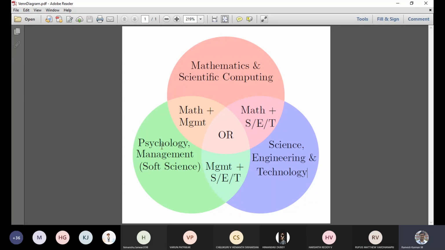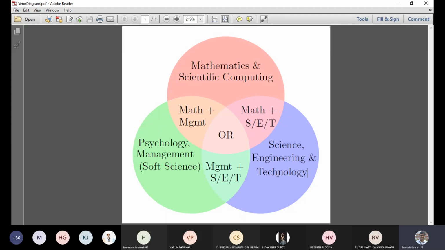Sometimes mathematics and management overlap, for example network analysis, which is probably in module number 4 or 3. We'll look into the different ways in which you can navigate from one place to another and find the shortest route of travel, or the famous traveling salesman problem, by which we optimize his route so that he has less travel time and the cost of transportation is minimum. Those concepts are an application of mathematics as well as management. So that's also this area.